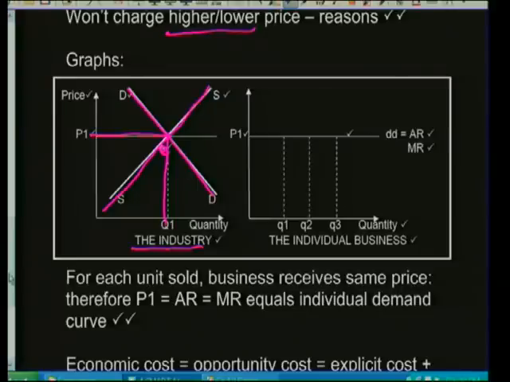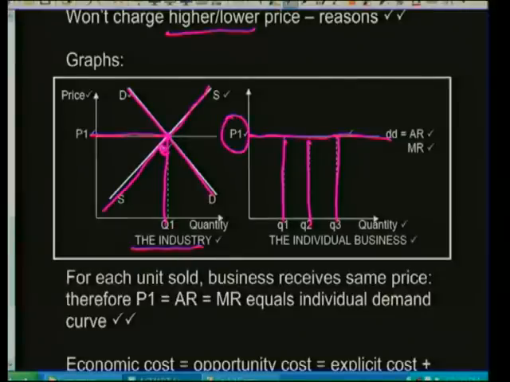As an individual, you have no control over the price of the product. As you can see here, the price stays exactly the same, no matter what the quantity. Quantity 1, the price is P1. Quantity 2, price P1. Quantity 3, price P1. So you have to take the price, and the only thing that you can actually do to increase your income is to supply larger quantities, because you still have to sell it at the same price. And what you will see here is that the price is equal to the average revenue and equal to the marginal revenue. Be sure to label your graphs properly so that it's clear which is the industry and which is the individual business.